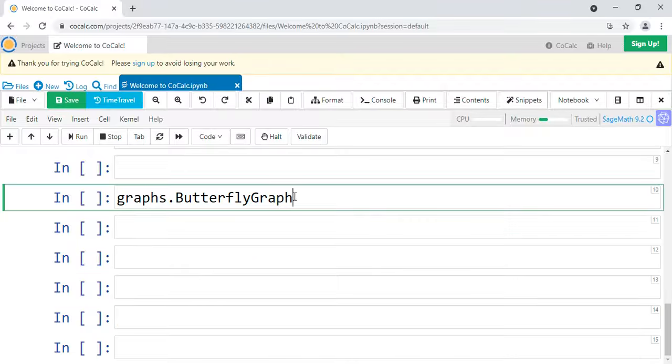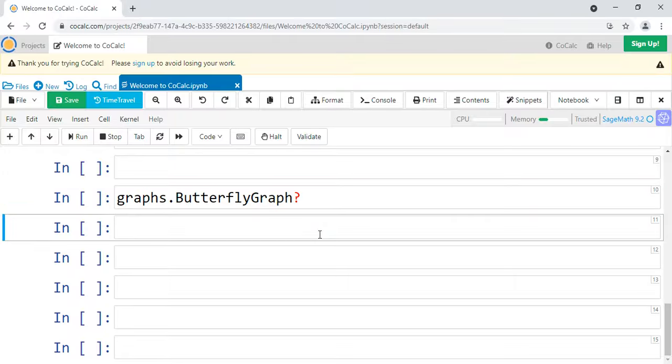See, I just selected it from the list. It's butterfly graph with the capital B, capital G if you're typing it out. And if I were to run this with these parentheses, it would run, but actually first, let's run it with a question mark instead of parentheses, just to show you what comes up. If you run it with a question mark,